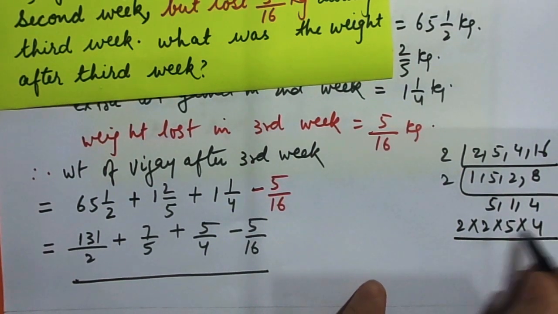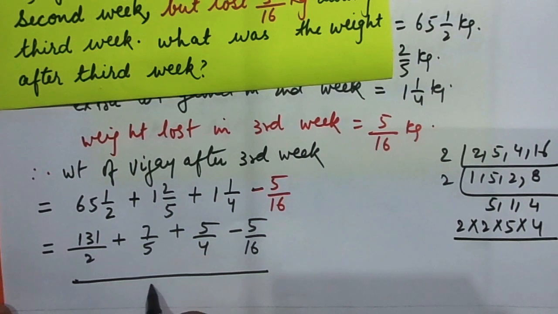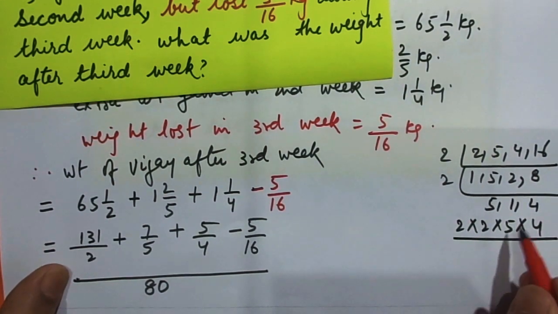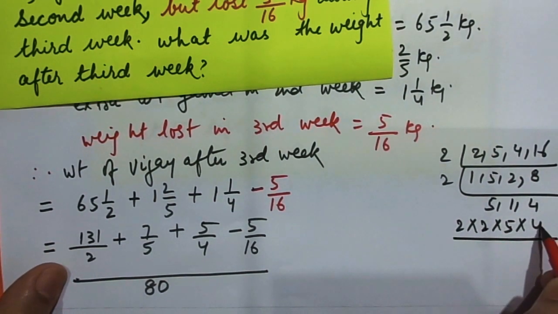When you multiply all this, you are going to get 80. Okay, finally. Happy? You got 80? Now, 80 divided by 2. So, instead of dividing 80 by 2, remove 2 from here. When you remove 2 from here, you will get 5 2's are 10, 10 4's are 40.